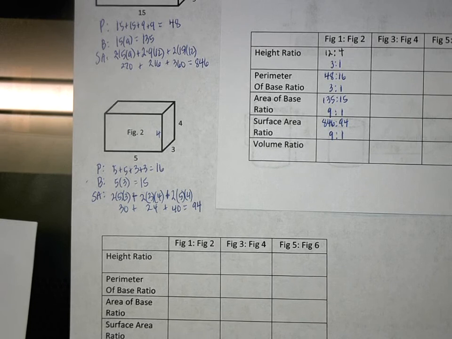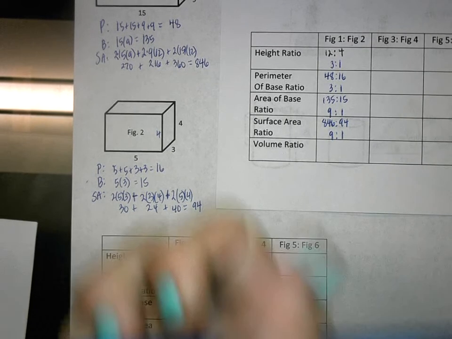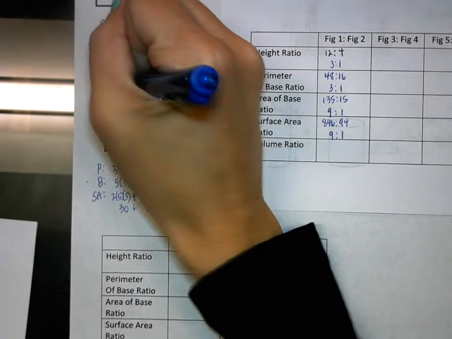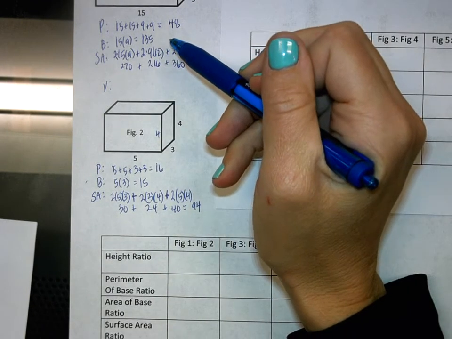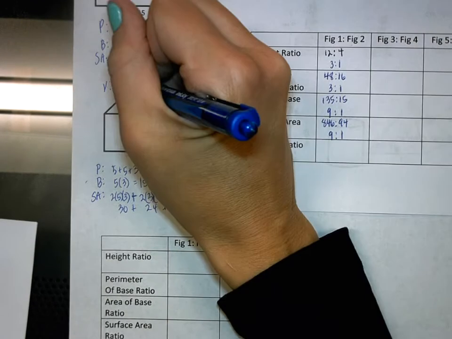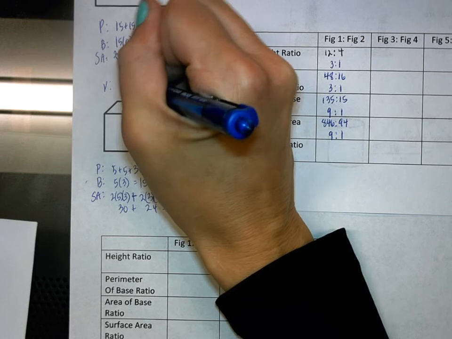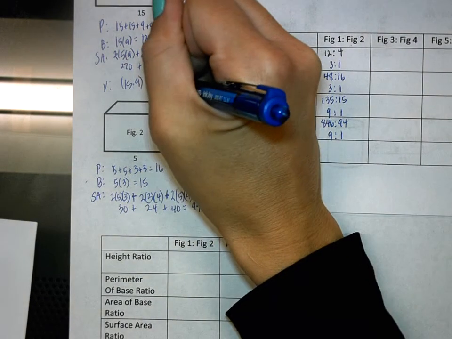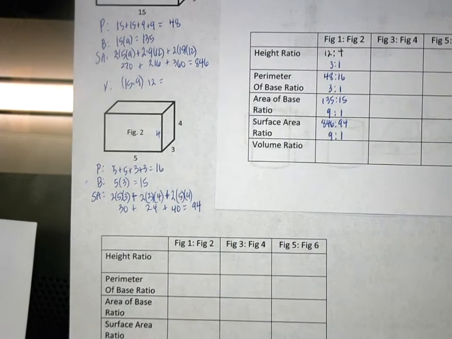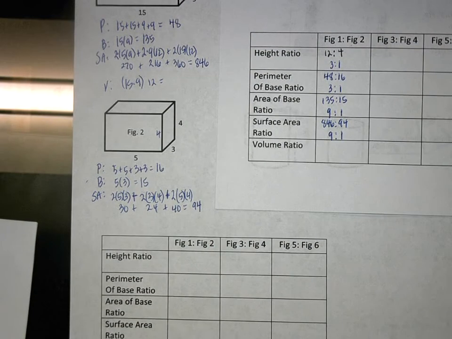Okay, last one, volume. And volume on a prism is pretty easy. We just have our base area. And didn't I already find my base area? It was 135. But I'm just going to go ahead and write this out as 15 times 9 is my base area times my height, which is 12. So 15 times 9 times 12 is